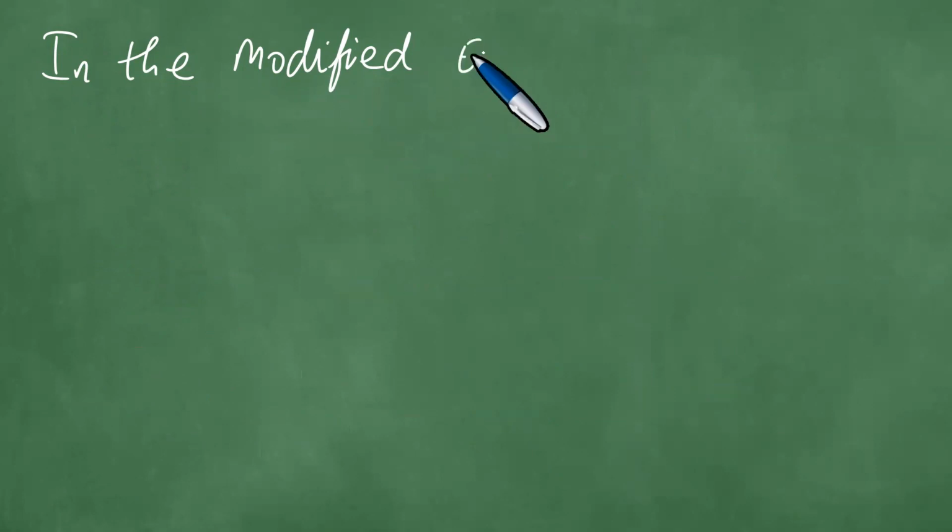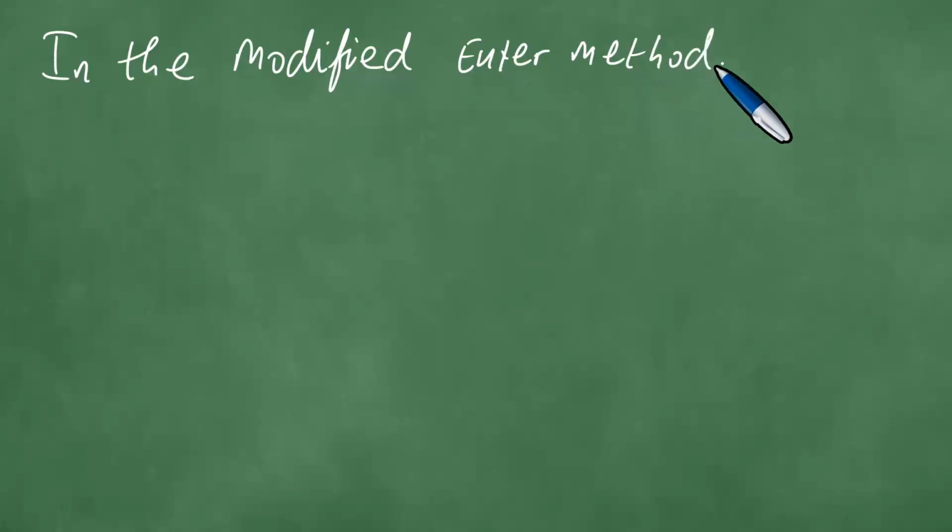In the modified Euler method, I want to say that because I'm drawing a comparison between the modified and the Euler. In the modified Euler method, instead of a point,